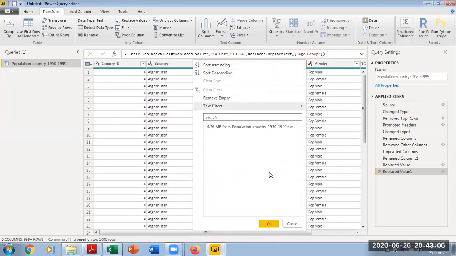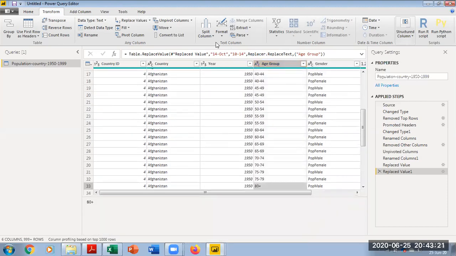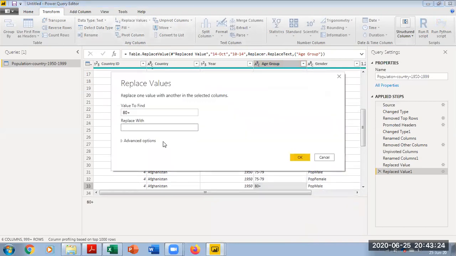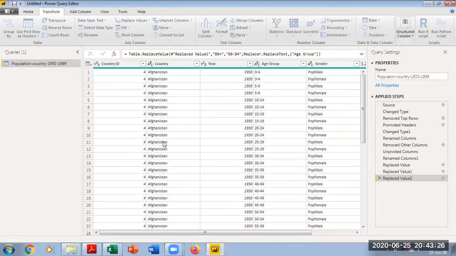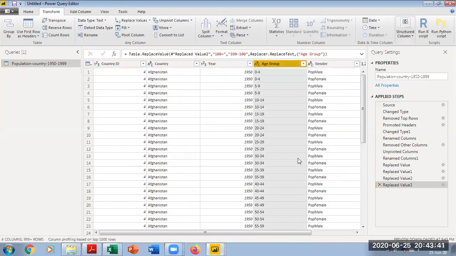The data are a little okay right now, but I have two 80 plus values here. I don't want two of them here. Let me make it as one. So I have 80 plus, and I have 80-84. Let me convert this 80 plus as 80-84. So let me scroll back, and again I'm going to replace the value with 80-84. Sometimes finding data in this becomes very tough for us. So I'm going to say replace value, and I'm going to feed the value here, 100 plus. I don't want that as 100 plus. I'm going to say 100-100 so that the data will all look similar.